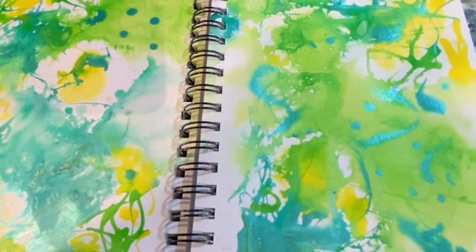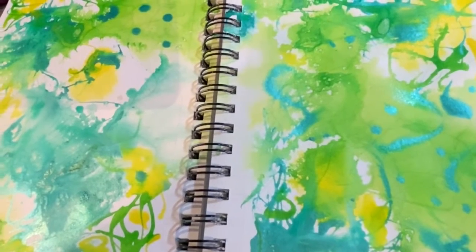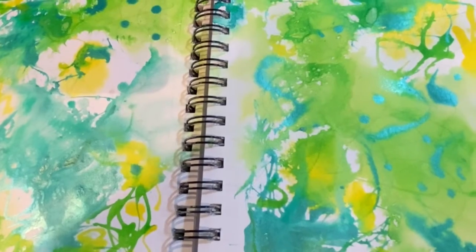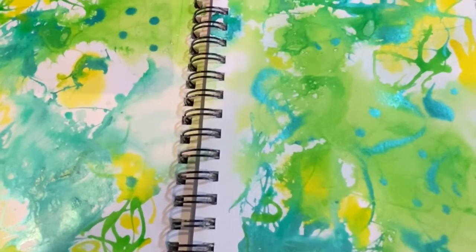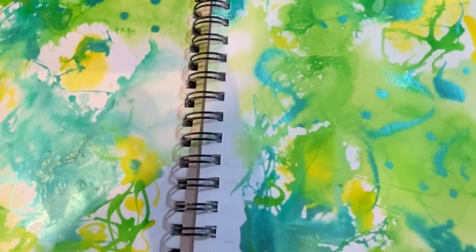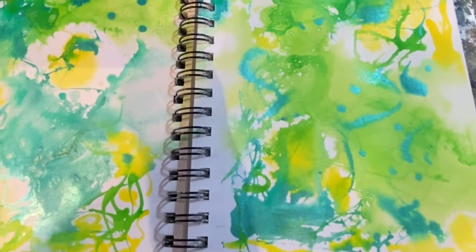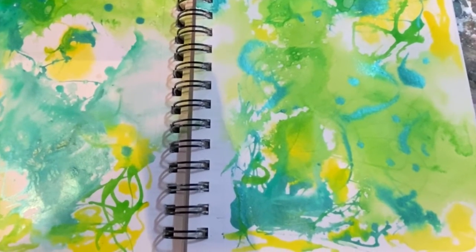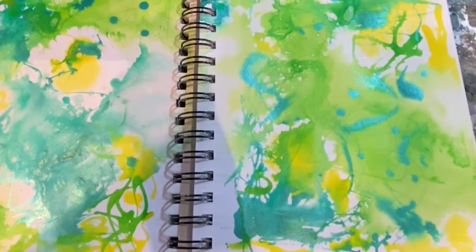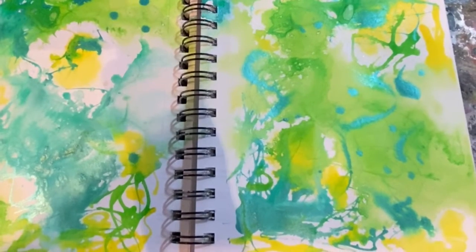Well, this is it. I hope you enjoyed watching me paint this background using the acrylic inks. This is the third one in my series that I'm doing, how to make backgrounds for journal pages. And I think I mentioned a lot of these techniques you can use on canvases as well. But anyway, if you enjoyed watching it, I do have one more coming up, and it's going to be how to add texture to your background